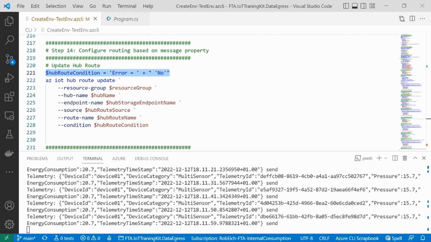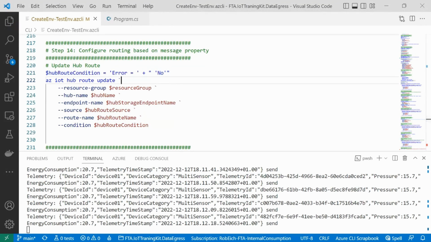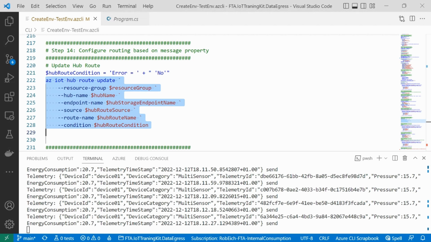Because I'm writing just error equals no, IoT Hub will look into the properties of the incoming message. After I have created this route condition, I just have to update a route. In this case, I'm updating the route which is already forwarding messages to the storage account, with the endpoint name and all the information that we have already created. I'm just adding this route condition.